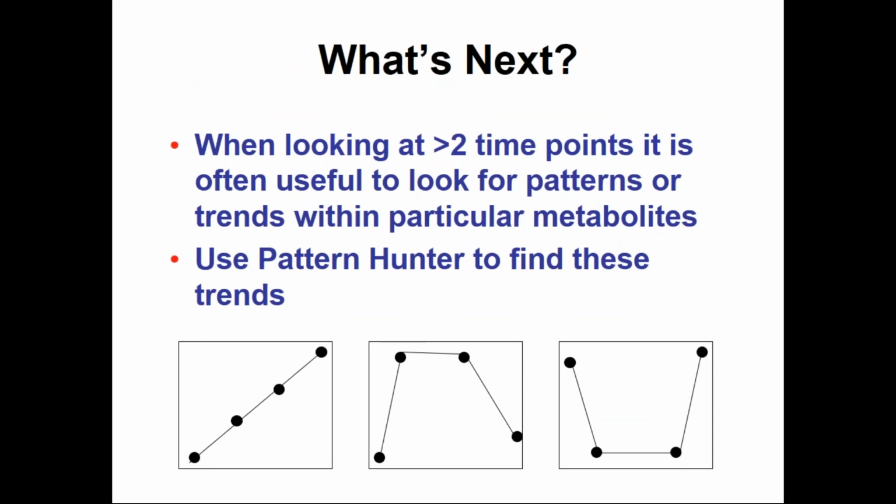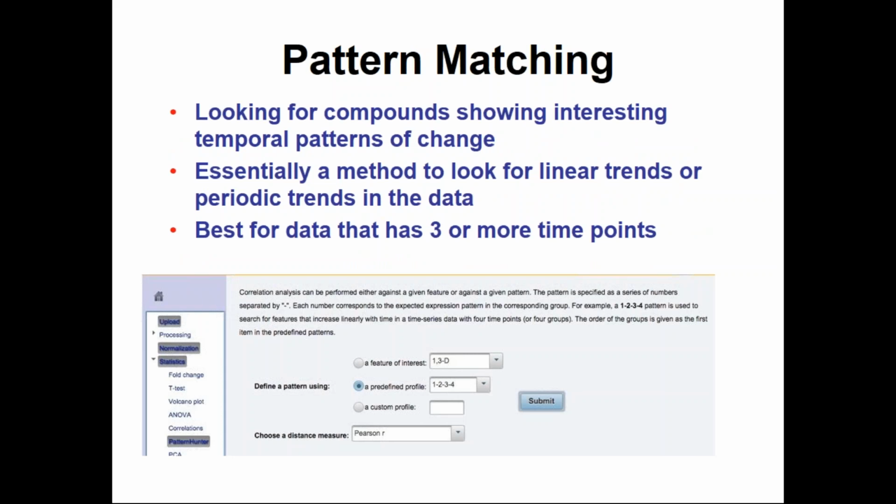If we're looking at 2 time points, we can actually start using a tool called Pattern Hunter, where we can look for trends, not just simply are things climbing, but we can also look to see if something went up, stayed level, and then dropped, or started high and dropped and then went back up again over these 4 time points. So you could look for other models, whether if it's 10 time points, so you're getting a sinusoidal variation or a diurnal variation or something like that. So this is another tool that's available in MetaboAnalyst with Pattern Hunter.